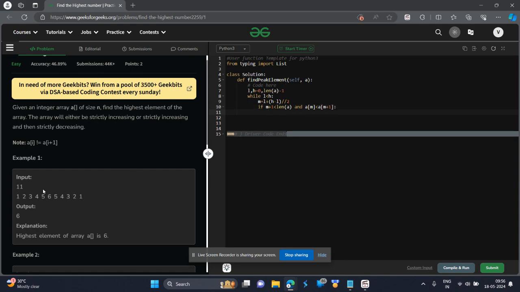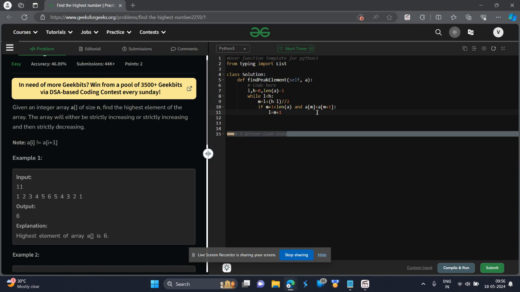But we need to find the max element. If array of mid is less than array of mid plus 1, which means we have still not reached the element which we need to find, then we will increment the value of low